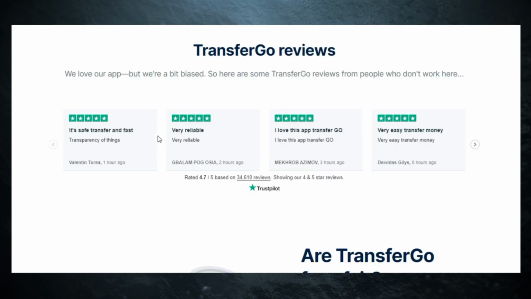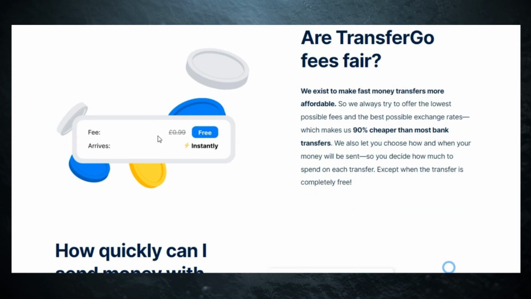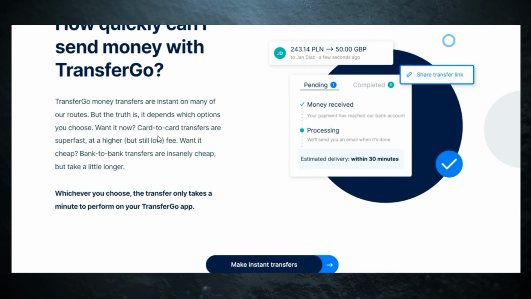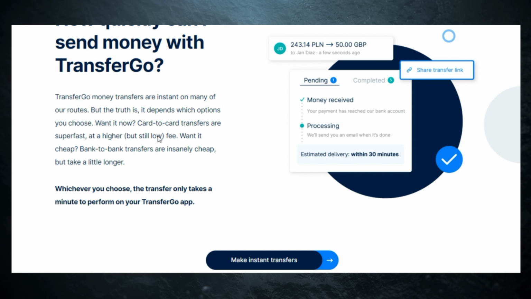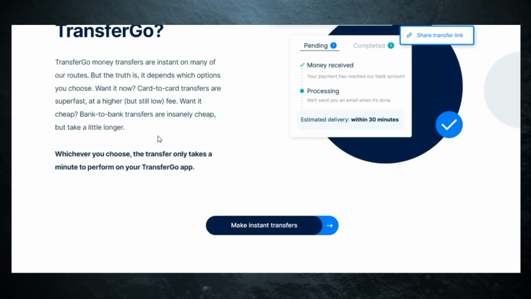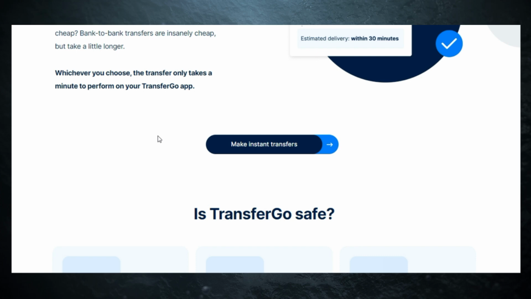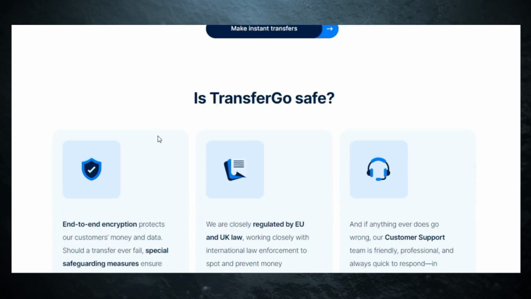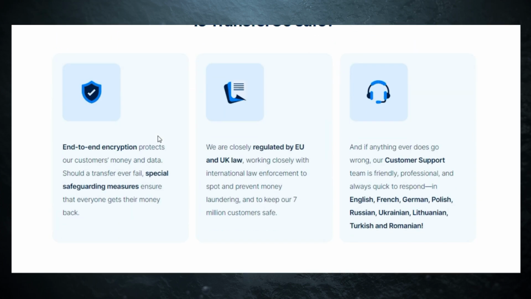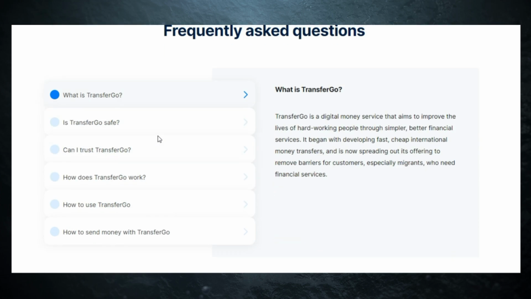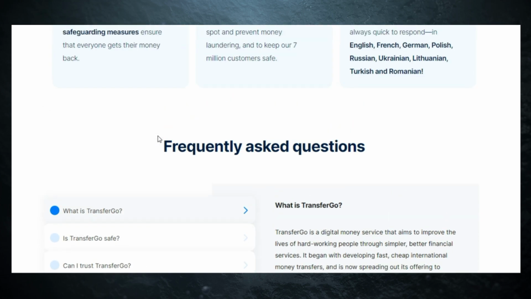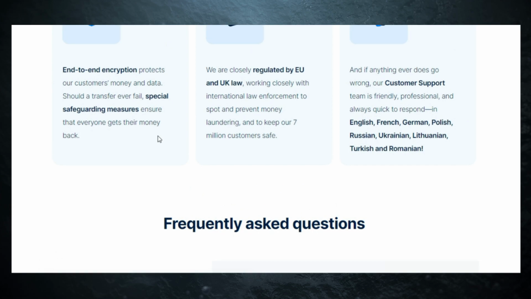When you are sending money to your family and friends, it's very difficult nowadays. You are working, and finding the time to go to the bank and make all those deposits and payments is really difficult, and we don't have time for all these other things. But with this application, TransferGo, you can do that now. You don't need to go to any bank. You don't need to even go to any office. You don't need to talk to anybody. All you need to do is to use